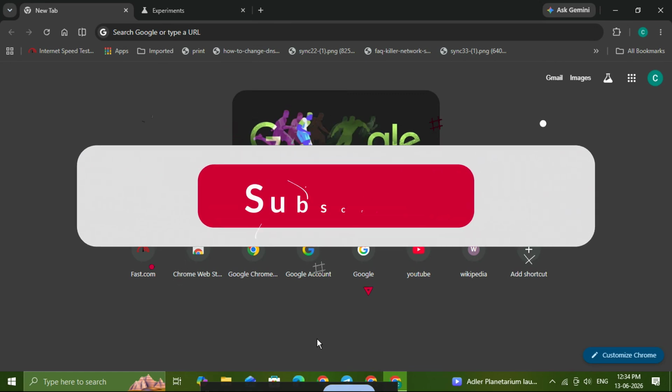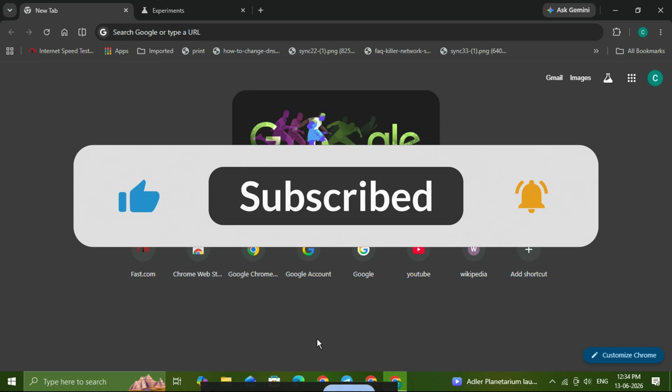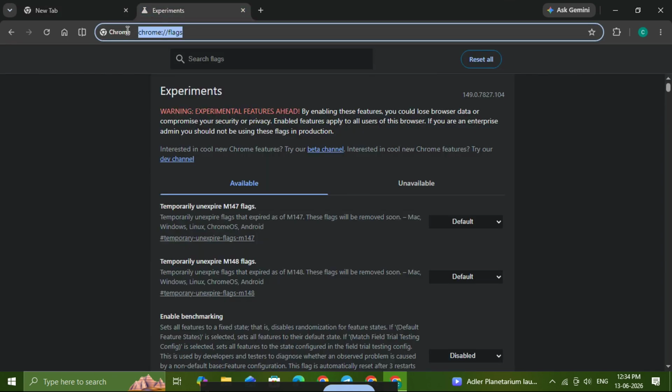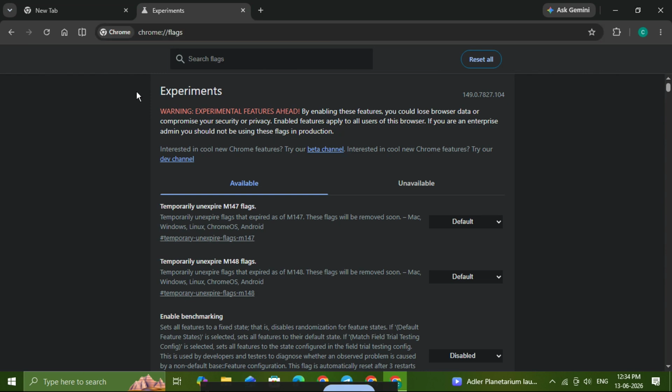Alright, let's jump right in. First, open Google Chrome on your Windows 11 PC. Once Chrome is open, go up to the address bar and type chrome://flags, then press enter on your keyboard. This will take you to Chrome's experimental features page, where you can turn on hidden settings before they become fully